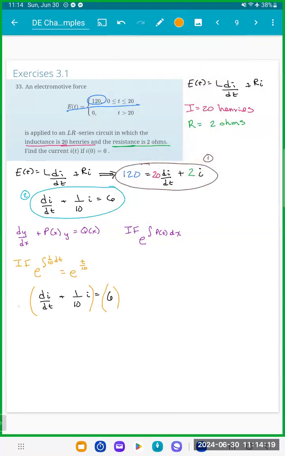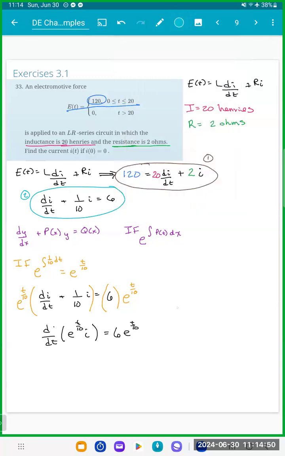We're going to multiply that by our integrating factor, e to the t over 10, on both sides. And that's going to give me, when we simplify and clean that up, d/dt of e^(t/10) I equals 6e^(t/10). And